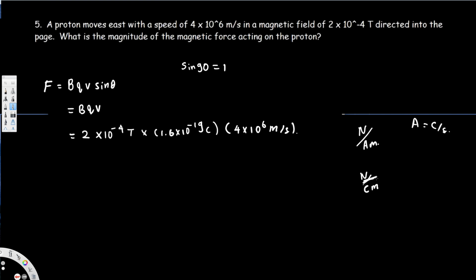Coulombs per second, I can bring the second to the top because per second is the same as flipping around, right? Coulombs per second multiplied by coulomb times meter per second. And if you notice, meter cancels, coulomb cancels, and second cancels, and finally we will end up with Newton. And if you calculate this value, that's going to give you 1.28 times 10 to the power of minus 16 Newton. And that's going to be the force acting on the